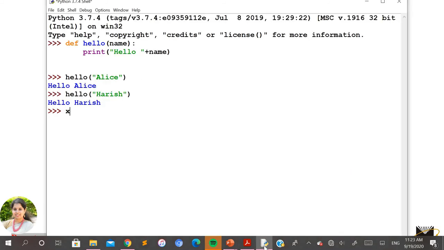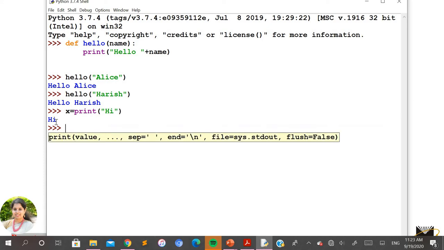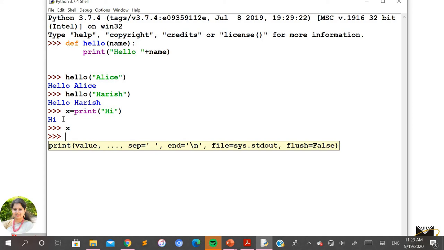I'll just take any random variable, x is equal to print of something, hi. You can see here hi has been displayed, but if I show you what value has been stored in the x variable, if you print it, probably you will not be able to get anything over here. But if you compare x is equal to None, how is the None value going to be checked?